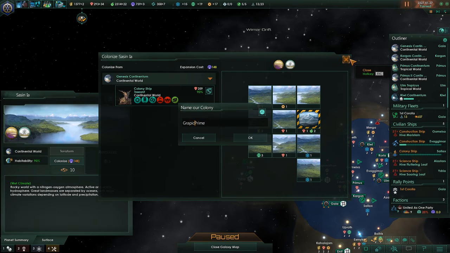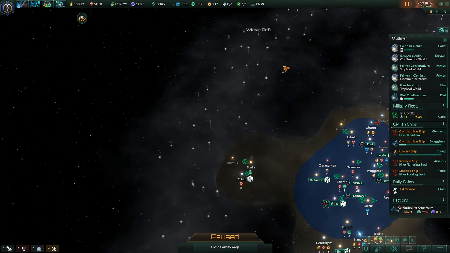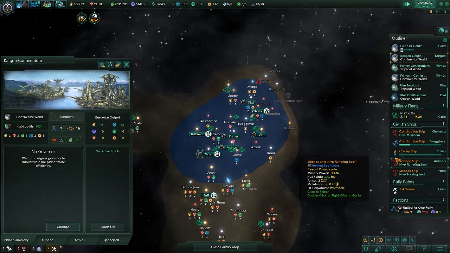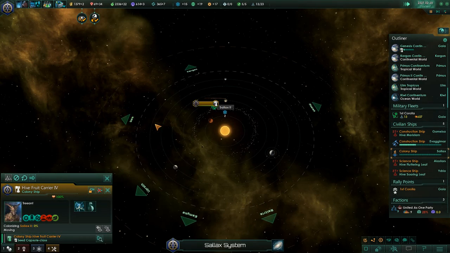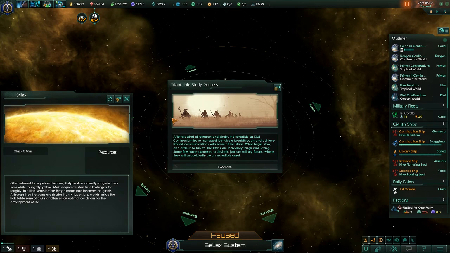So we call it Grapicus, kind of like a grape. And this is continental world, continentum. Alright, so go ahead and go there. Construction complete. And Salix, I don't know what that means. Let's call this star. We'll name it...